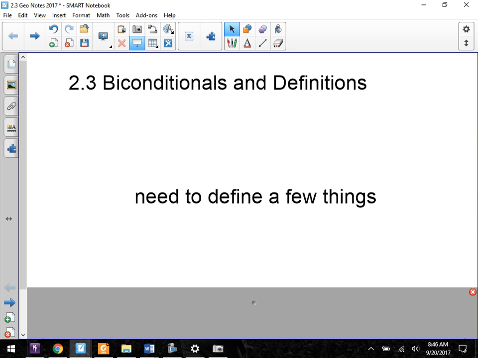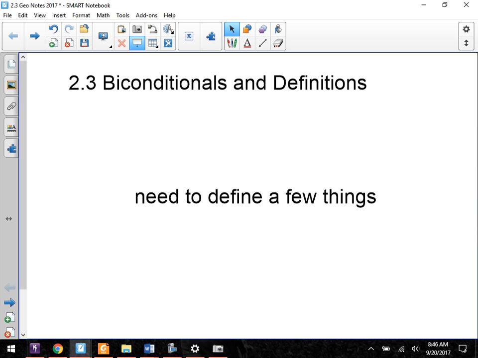So what we're going to do today is we've got, again, a few new things to define as we're going through this stuff. We're looking at what are called biconditionals, biconditional statements, and some other definitions. What happened yesterday was that we were looking at our logic ways of writing and talking about definitions,